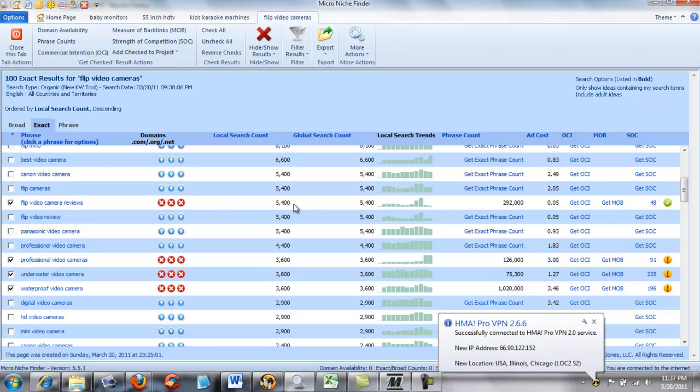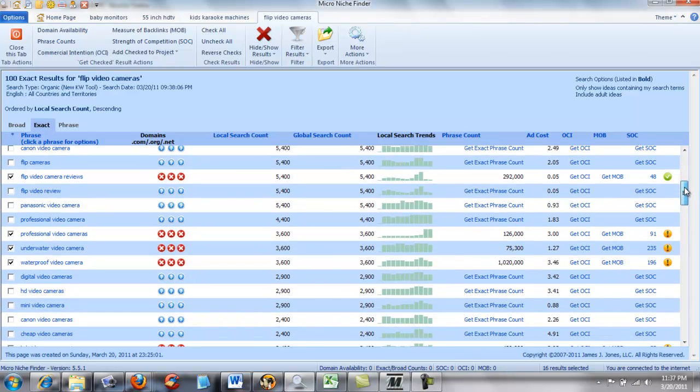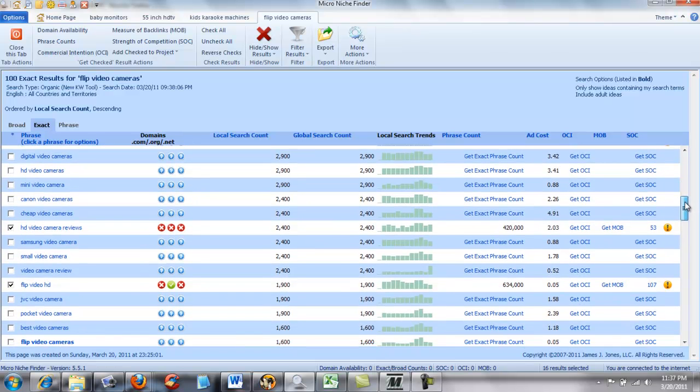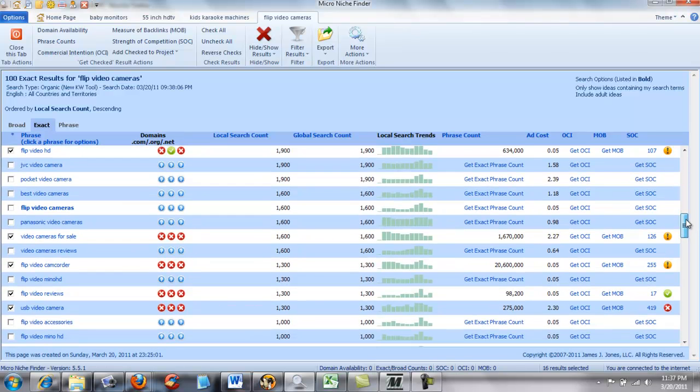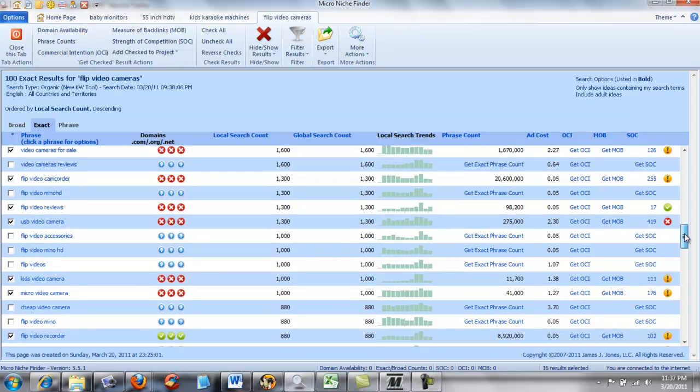So today I selected like, I don't know, 7 keywords. So this is 5,000, and this was okay. These are not exactly flip video cameras, but I found these really interesting: underwater video camera, waterproof video camera. I'm sure if we keep digging, I'm going to find some golden nuggets with this. So I selected those, and then HD video camera reviews, flip video HD, video cameras for sale, flip video camcorder, and so on. So these were relatively low searches,